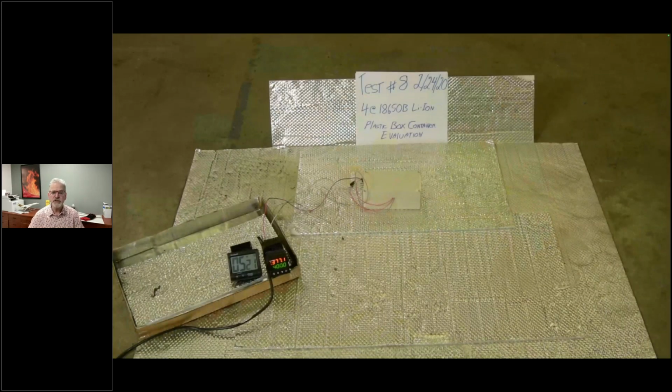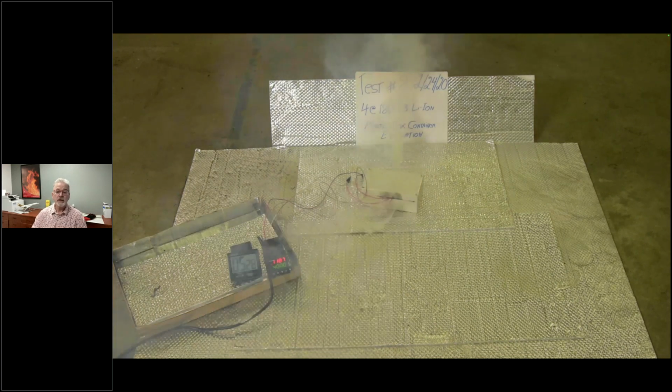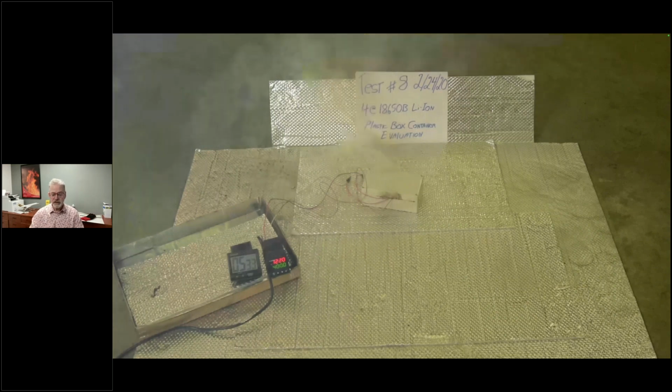I want to show you one that's a little different, uncontained on this one. So this is only 4 cells, just placed in a plastic box, kind of like an enclosure for a battery pack or a computer. When this one goes off, I don't know if you can see very easily, but when the first cell goes, it vents, and it's up to 1,000, 1,200 degrees. Really quick that it does that. But then it kind of tends to